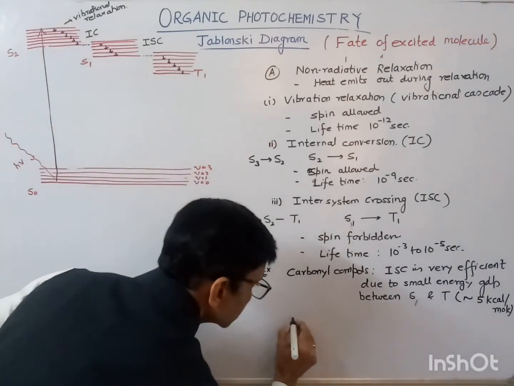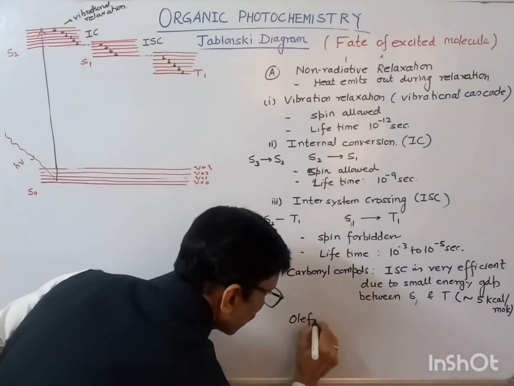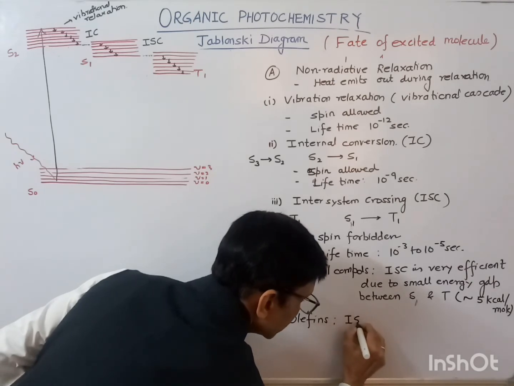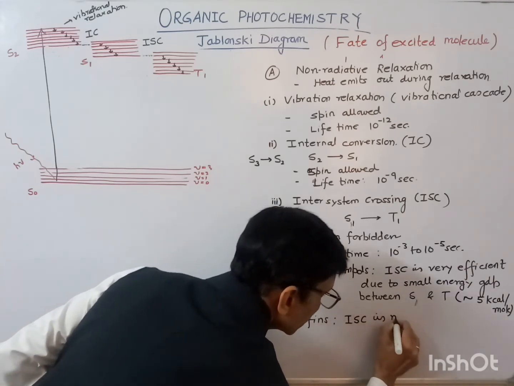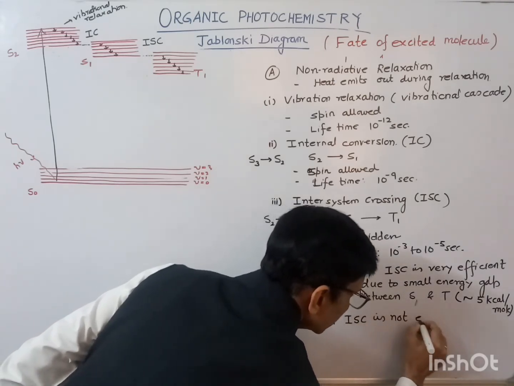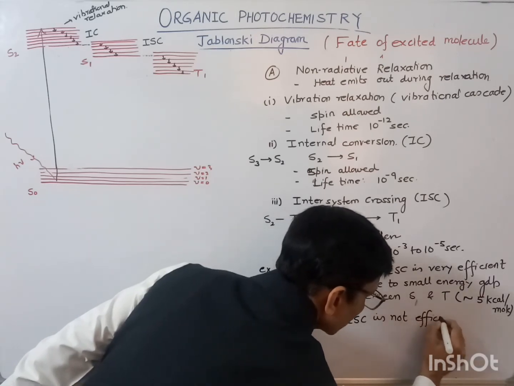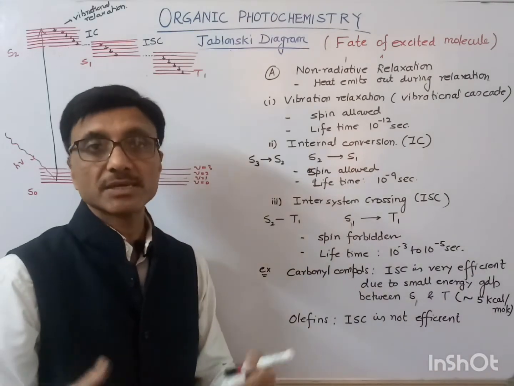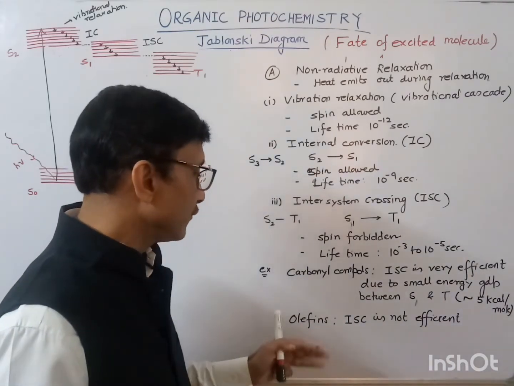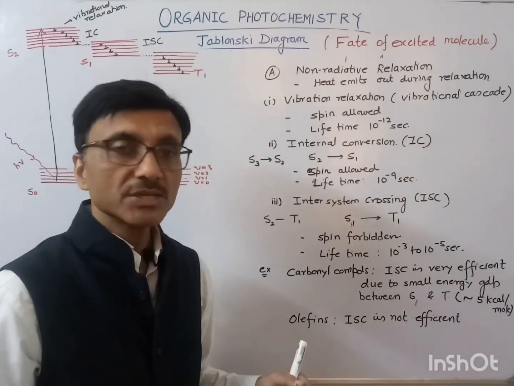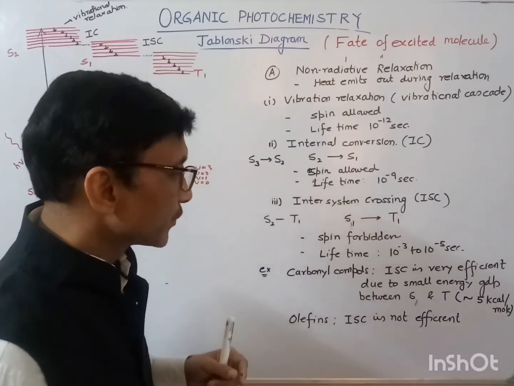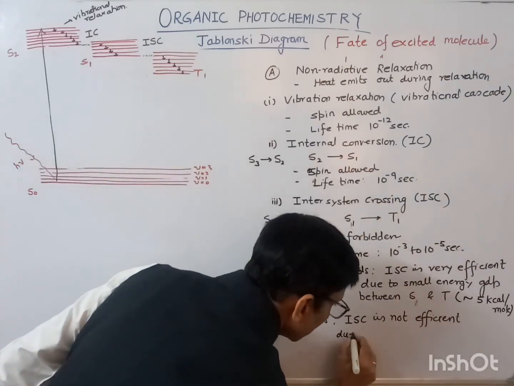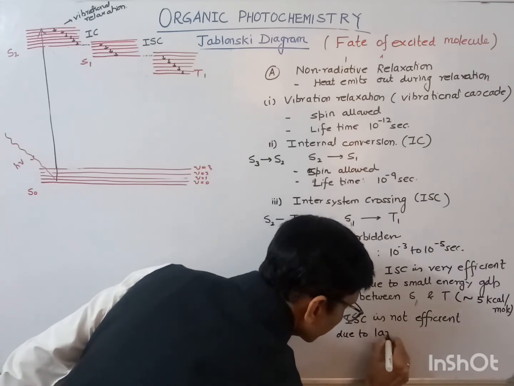Whereas in olefins, the intersystem crossing is not efficient. Here, in carbonyl compounds ISC is around 100%, whereas in olefins the ISC is very low. Okay, and the reason may be the large energy gap